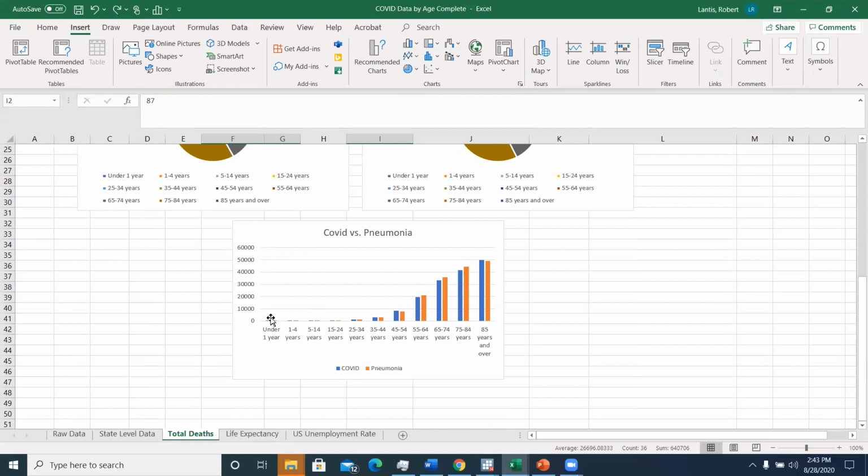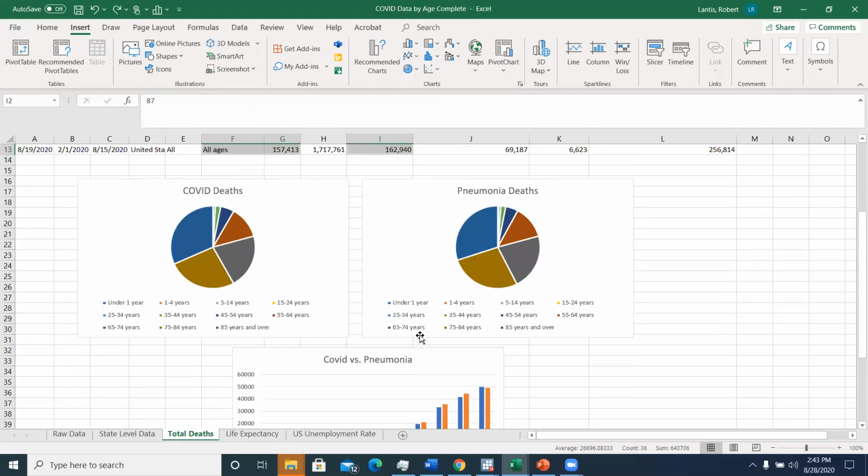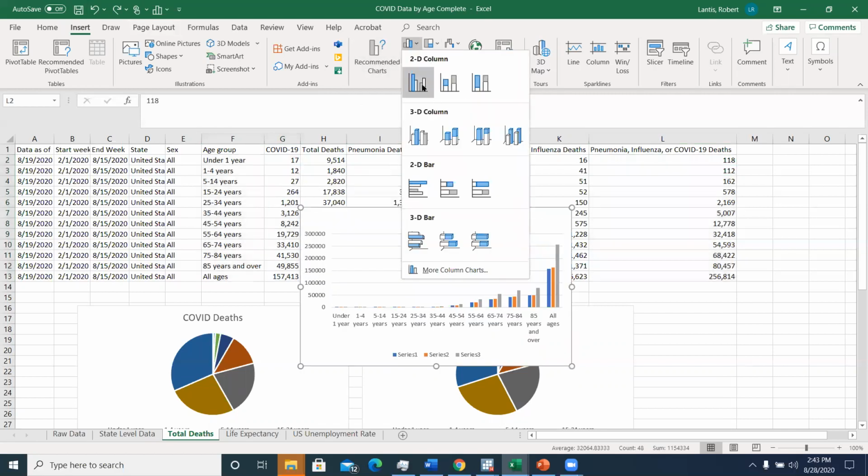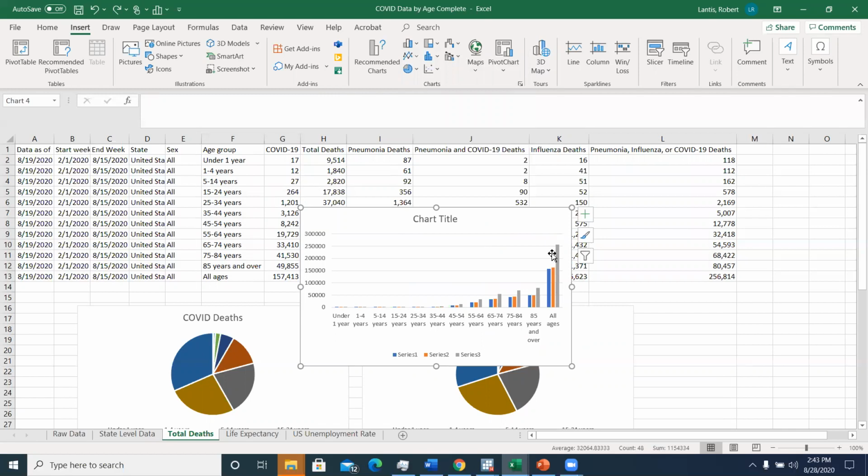But it's somewhat interesting that what came out of this data is that these two things move pretty closely together. We could even throw in combination deaths, right? So they had all three of these. So let's go up here and do a bar chart. You can kind of see, okay, if you could argue that combination category, it looks like maybe COVID-19 really adds to that death total if you have these other things as well, right? I mean, look at how much higher that is